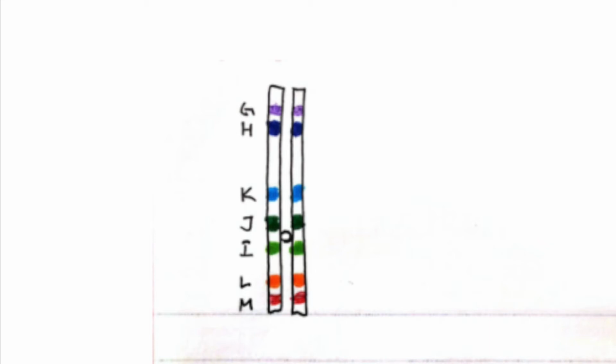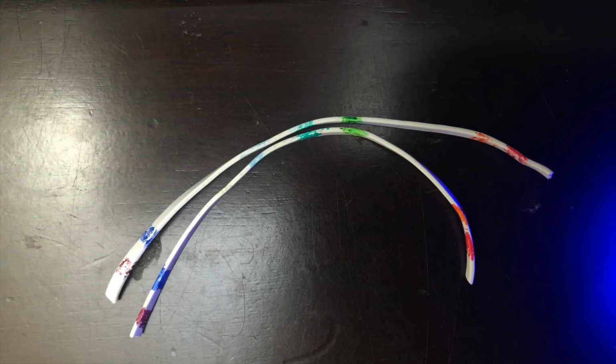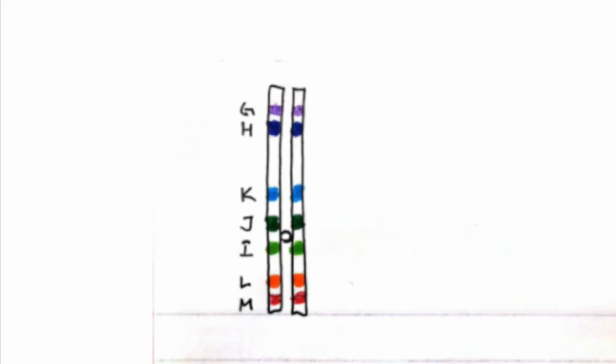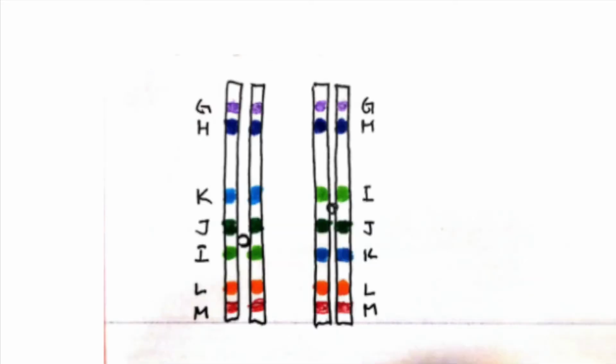So here we observe the first chromosome, and we see that it has the arrangement of L, M, I, J, K, H, G loci. And so here is a different pictorial representation of the chromosome. Here is the actual representation. So if we were to introduce another chromosome that's